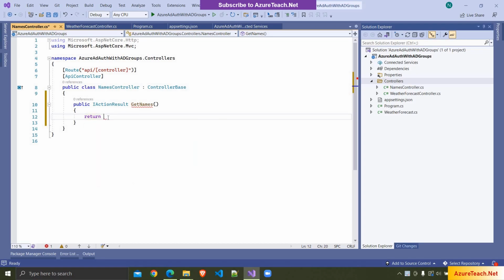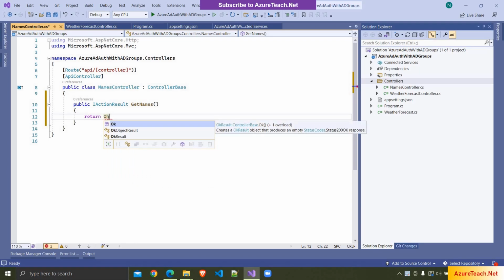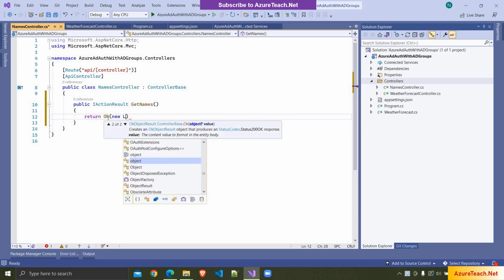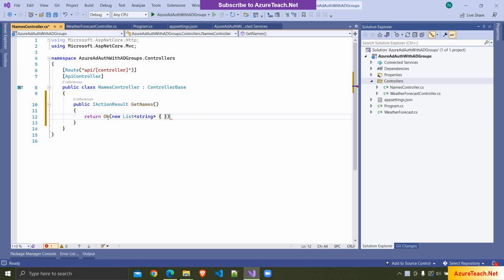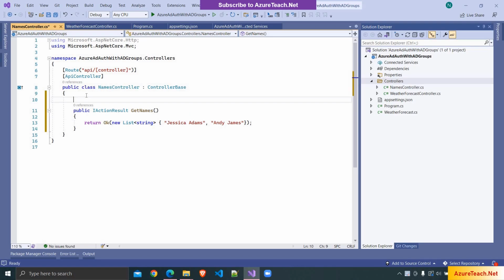So here I am hard coding the response, so return Ok, new list of string, and inside this I want to return two names, and here I want to write HttpGet. I want to go with the action name for the route, so here I am writing